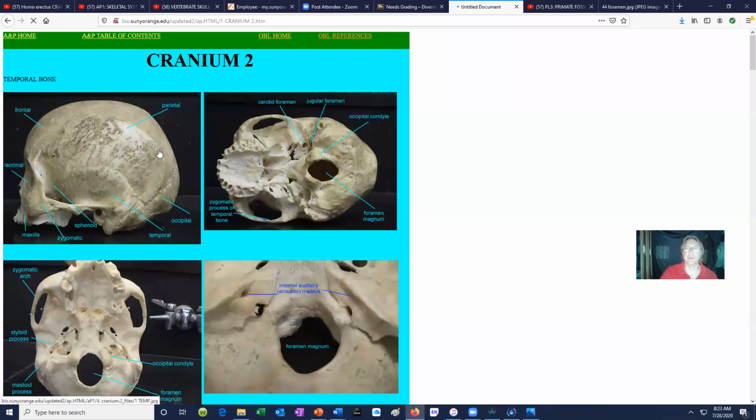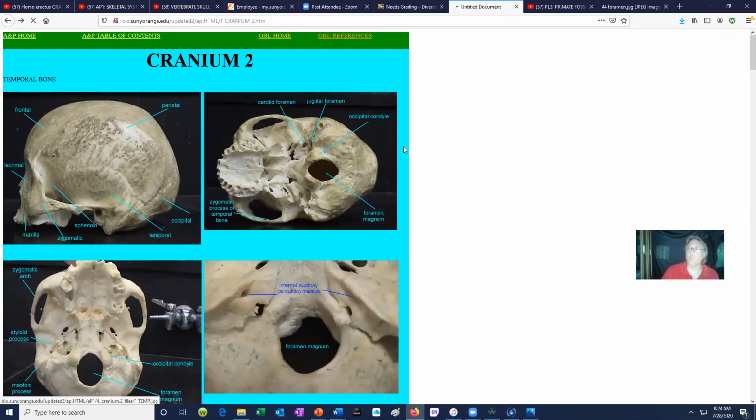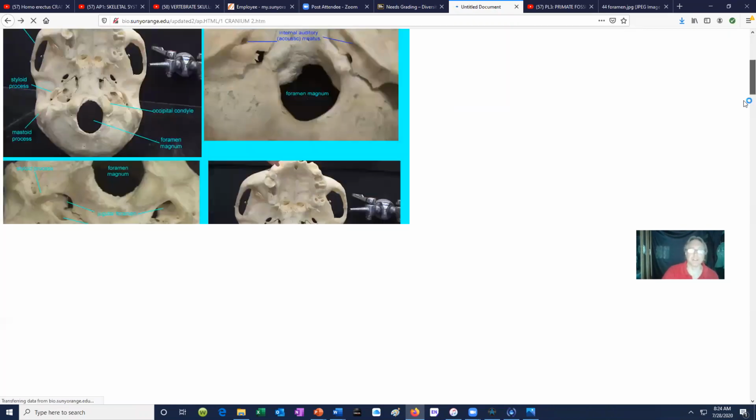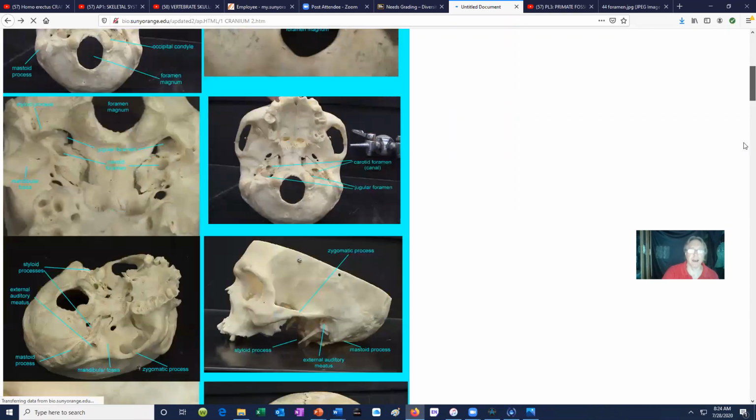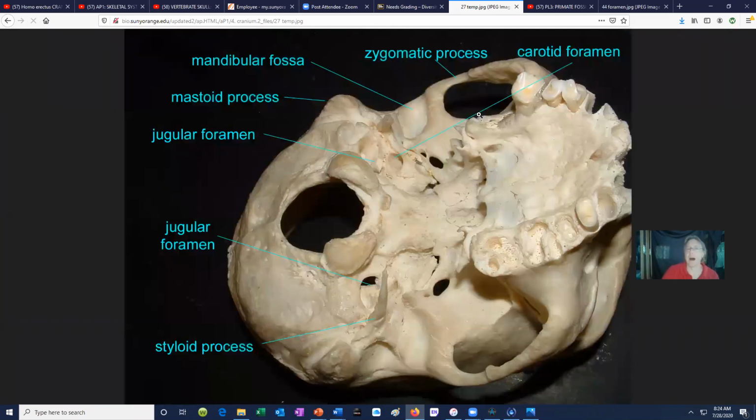The temporal bone is a very complex bone and takes a while for students to master all of the portions which they need to. So the temporal bone is there. We can see it from multiple views. One of the first things that we notice, any of these images will do, is that there is a hole. We have a hole in our skulls that we often don't think of, and it is this hole through which